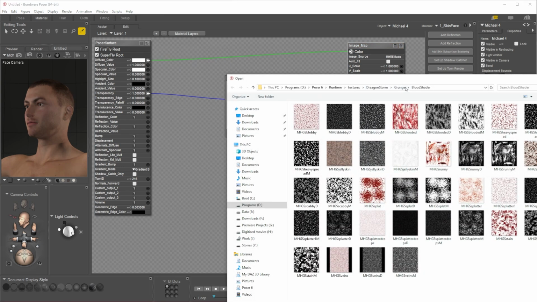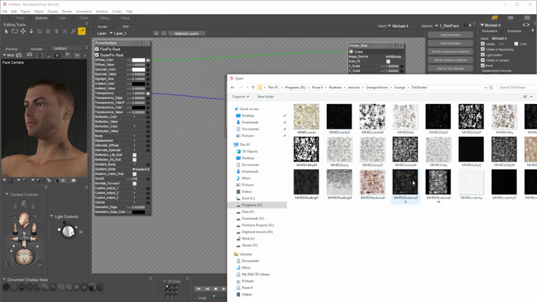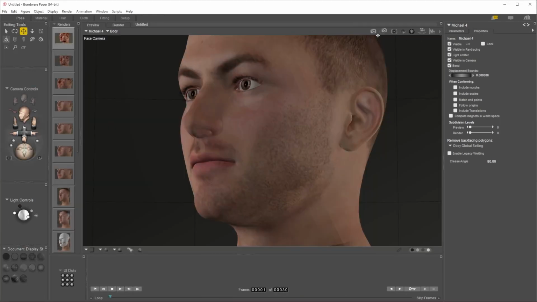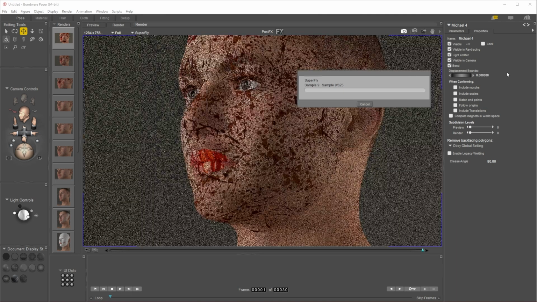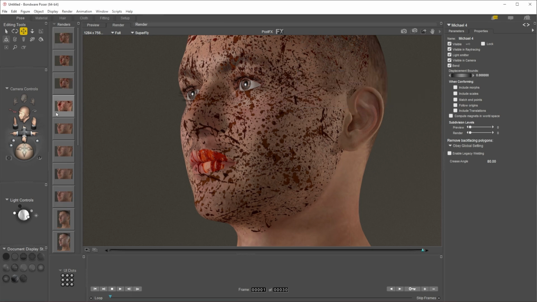So I go into dirt shader, mud, small D, mud, small M for map. Obviously I should be adding displacement maps as well. And I think that these are not going to cut out quite as cleanly. Oh, actually that was pretty good. Some of the ones don't look quite as good. But you'll see that this map, now if I take this map,